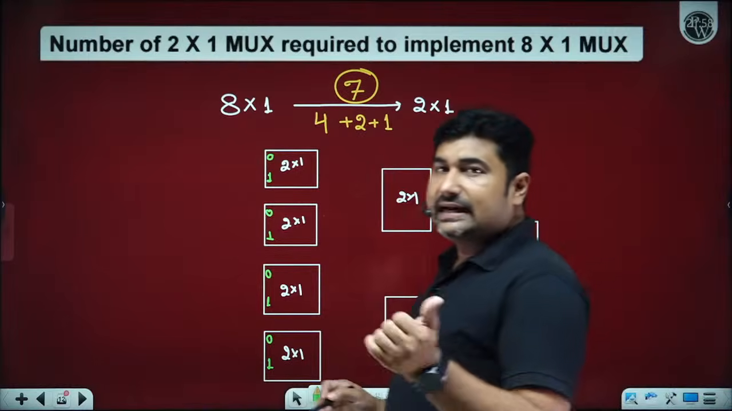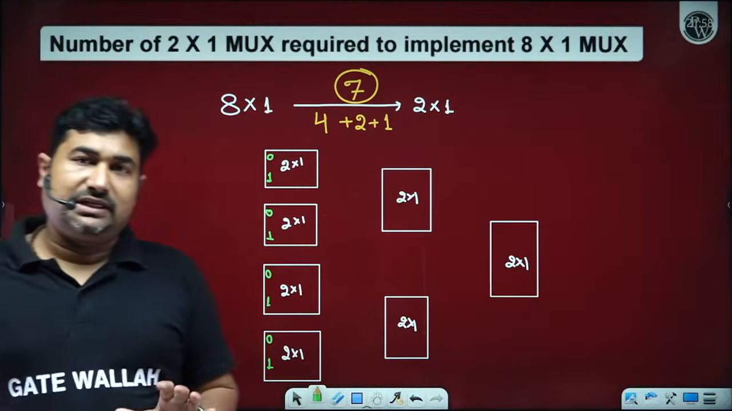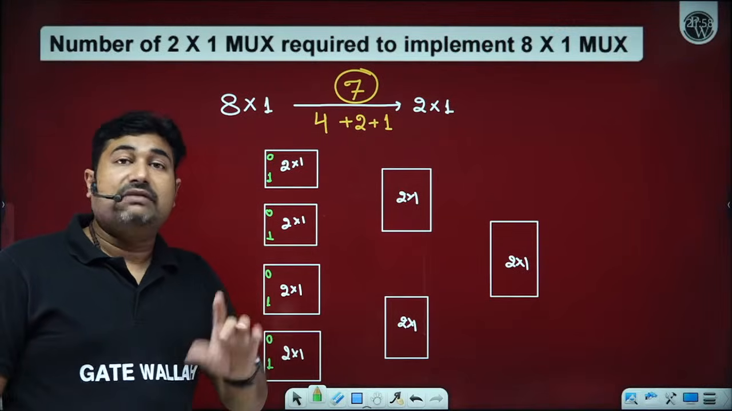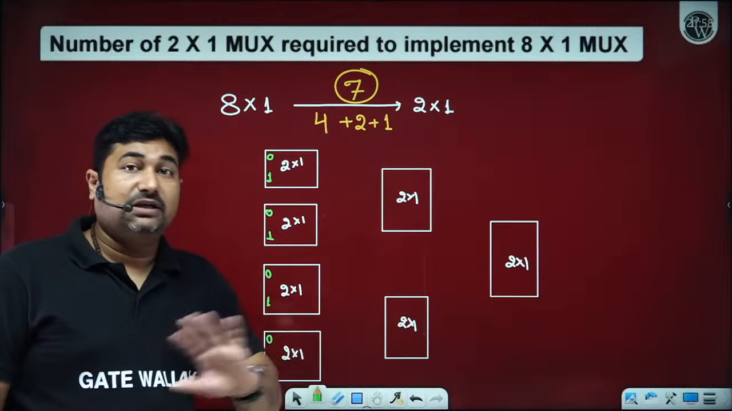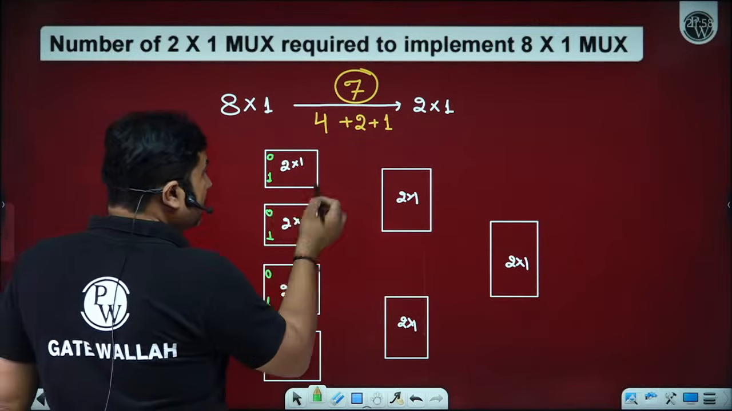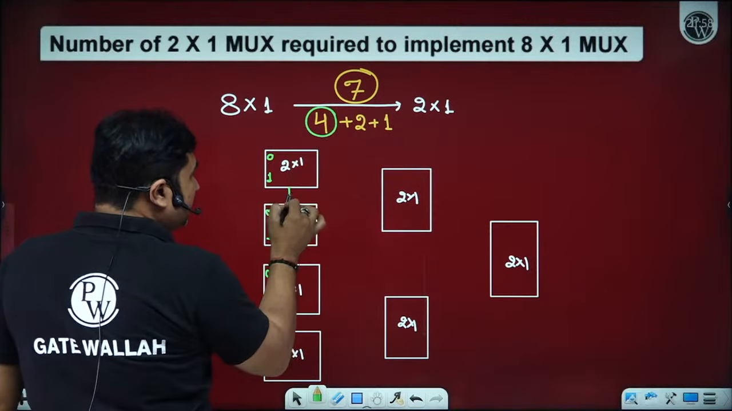Is it okay? Inside the box, if 0, 1 is mentioned in the multiplexer, then it is always indicating the I0, I1 pins. It is not indicating the logic level 0 and 1. Now please observe. These four will have the same